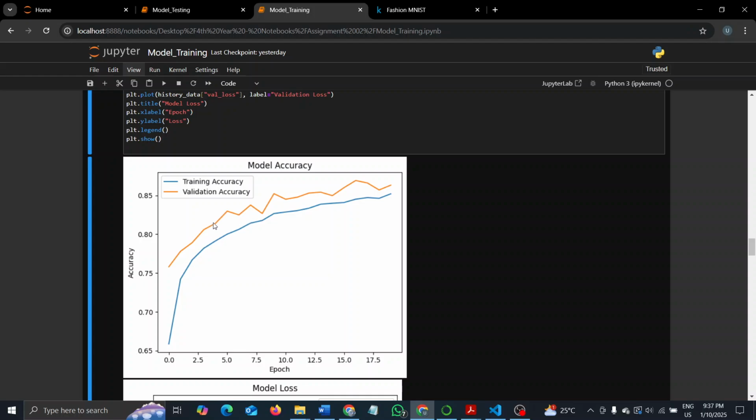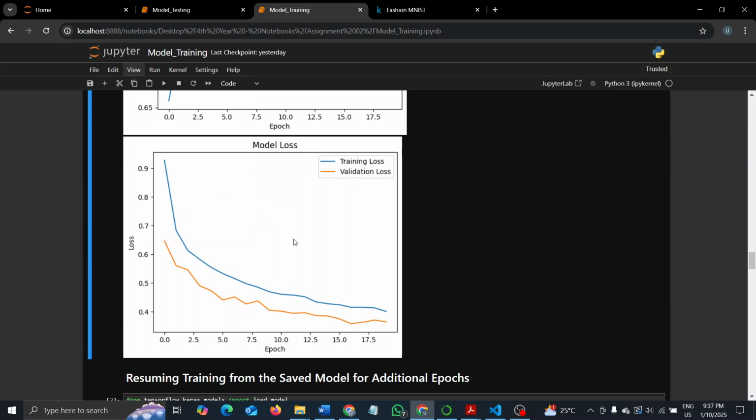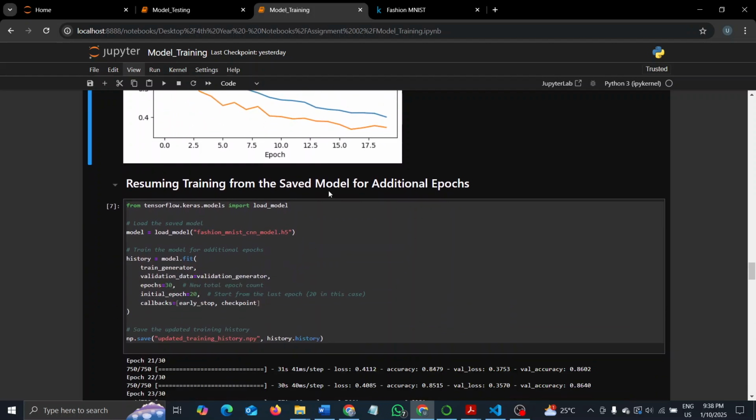That means the validation accuracy performs well, and you can see the model loss curves, and the validation loss curve is under the training loss curve. That means the loss is getting small. That means for the first 20 epochs it's trained perfectly, and we can further train